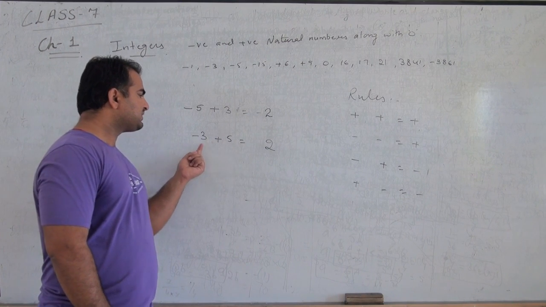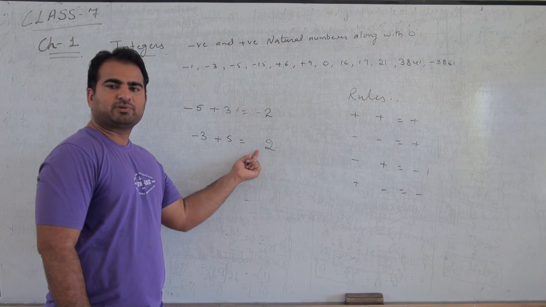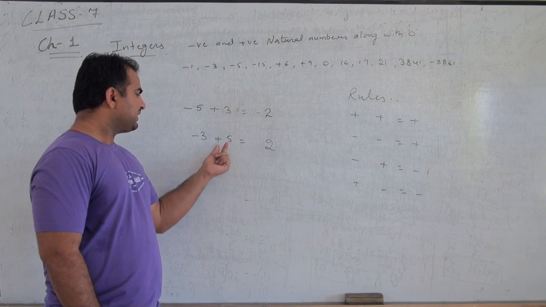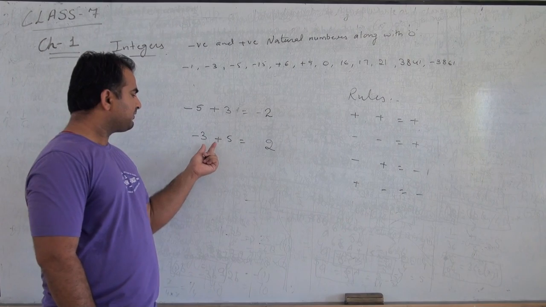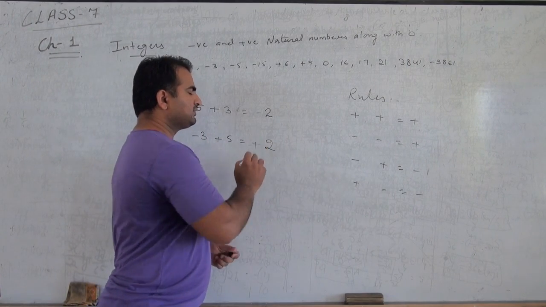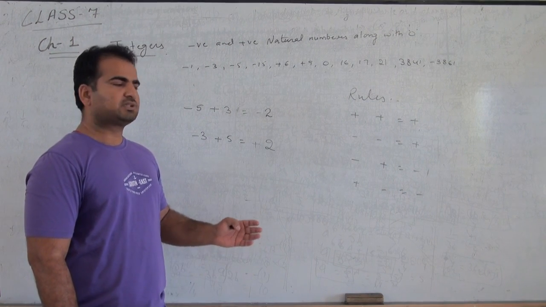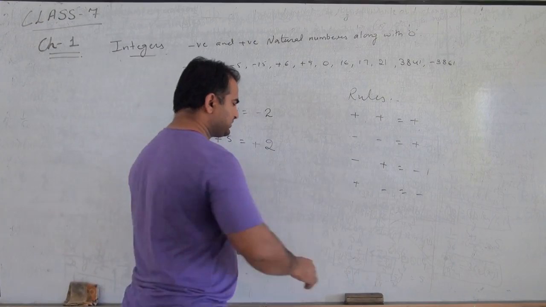But what will be the sign of this answer? It will be positive or negative? The bigger digit is 5 and it is of positive nature, so the answer will always be of positive nature. Okay. So next question is,